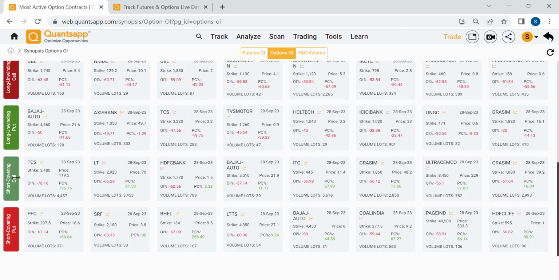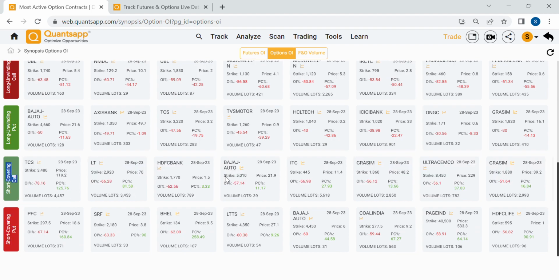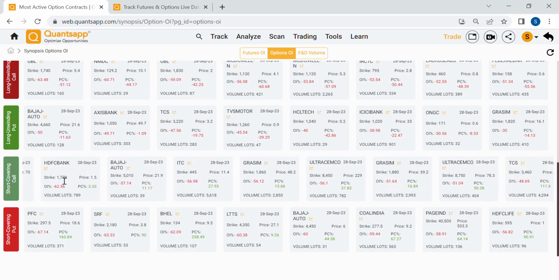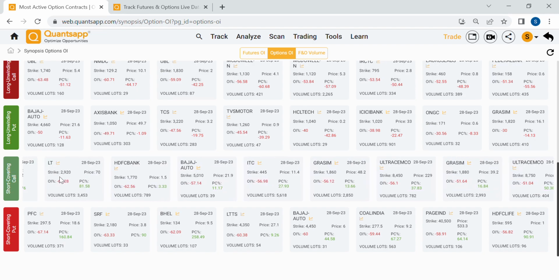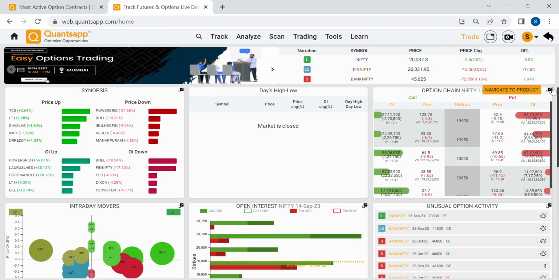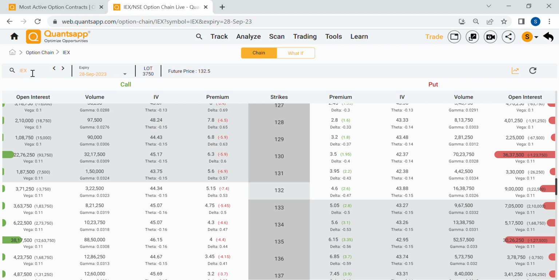And the rest of the things are pretty self-explanatory. For instance, short covering call is bullish activity for me. So what I'll do is pick up some ideas from here. I got two TCS strikes on my radar list, 3460, 3480. Now I can navigate to the option chain maybe and just see if TCS looks lucrative. So let's say TCS